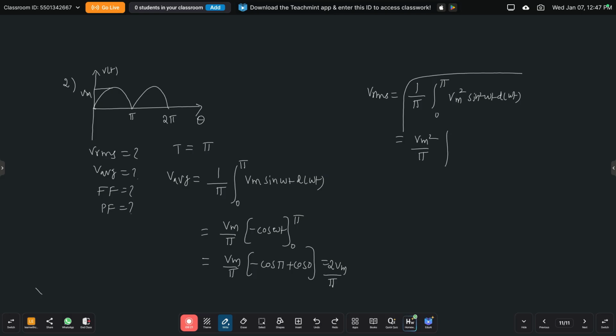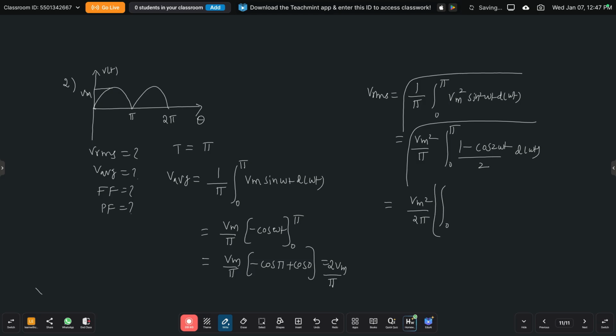Sine square omega t can be written as 1 minus cos 2 omega t by 2 d of omega t under root. So take 2 common, Vm square by 2 pi